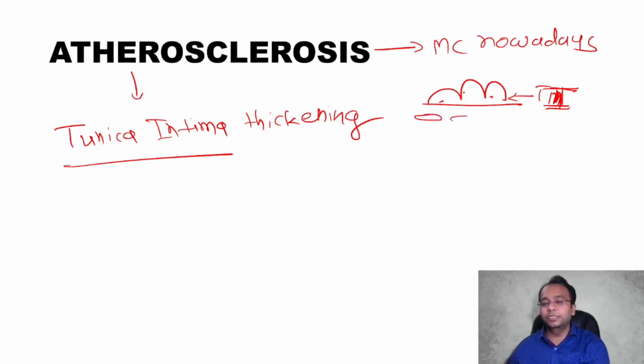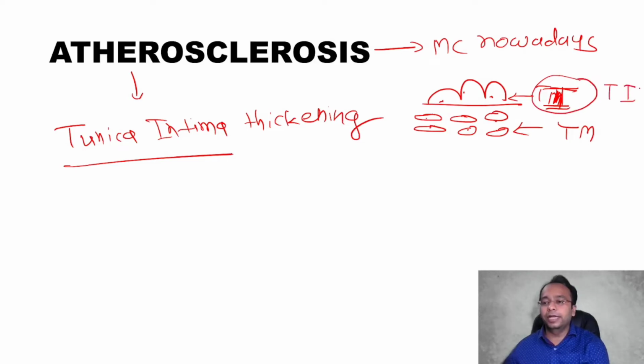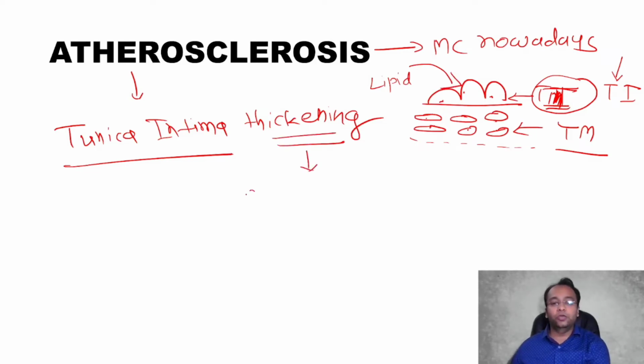Below which there is the presence of smooth muscles. The smooth muscle layer is known by the name tunica media, and that is covered by adventitia. So atherosclerosis means tunica intima thickening. The lipid is getting accumulated in this tunica intima, so there will be tunica intima thickening, and the accumulated lipid